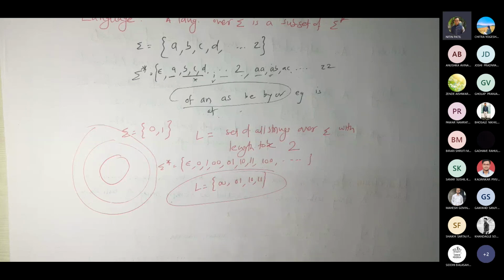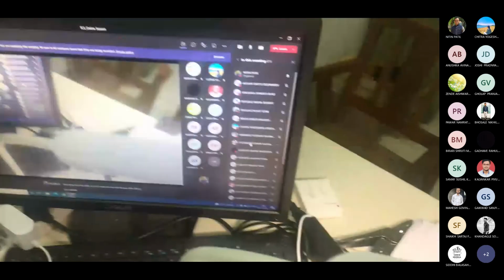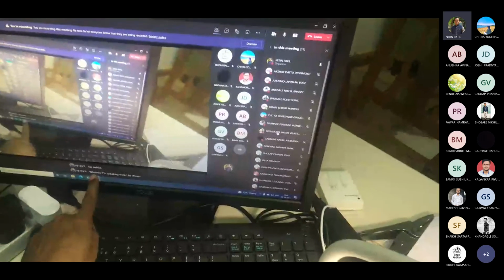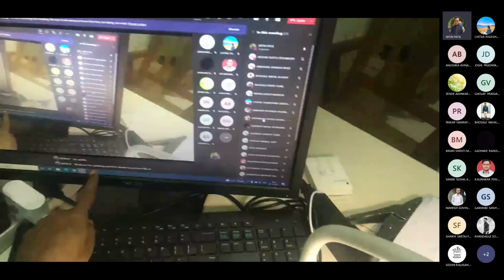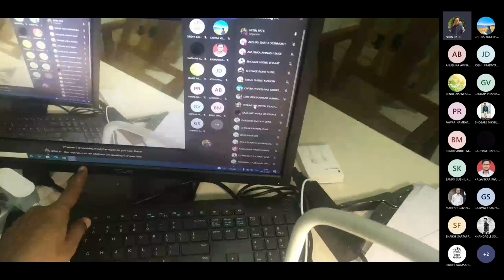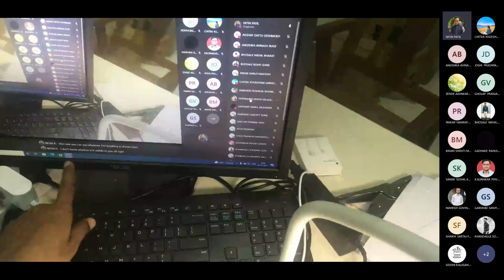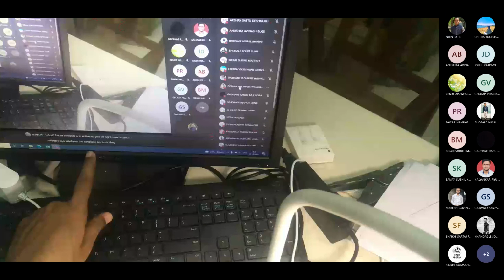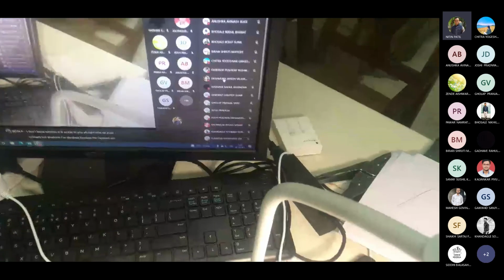You may not be able to, but let me show you this for a while. Whatever I'm speaking is shown here. I don't know whether it is visible to you on your software, but the captions are added. Now how does it identify that?